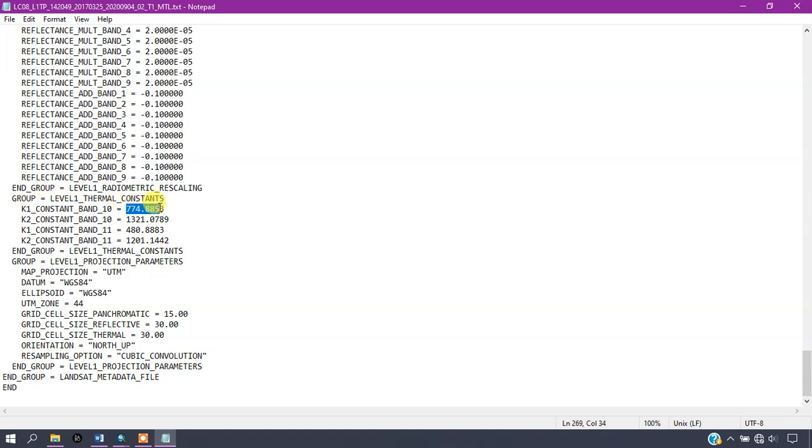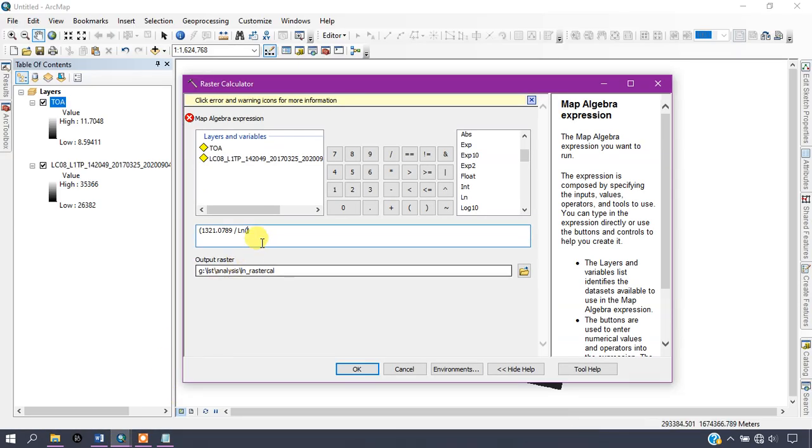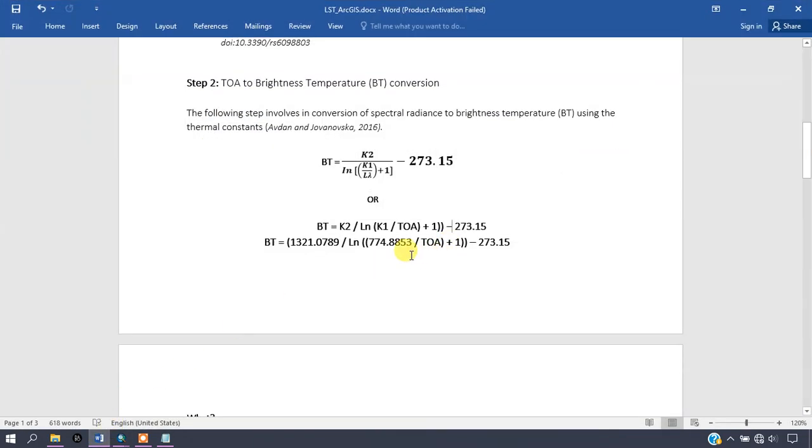This is the value for it. Just copy it and paste it here. And we are going to divide it by the TOA. So this is TOA, and we are going to go back to the formula to check it once again. So we have to close this bracket and add 1.